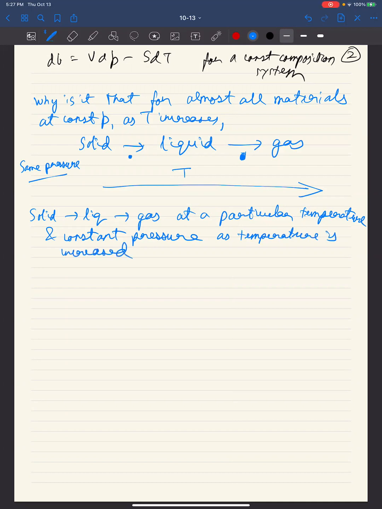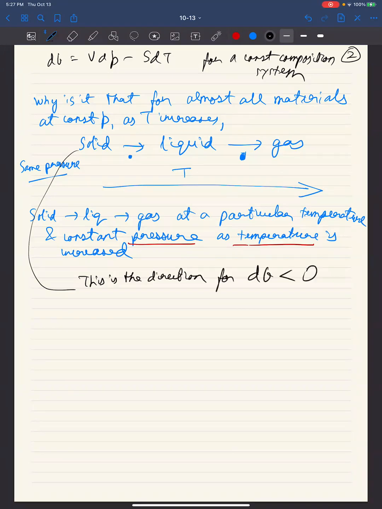So how do we prove this? Well, the way to prove this is the hint we already have here. We are thinking about constant pressure and we are talking about change at a particular value of the temperature, right? So what we really want to show is that this is the direction for dG negative. That's what we have to show. In other words, we would like to show that